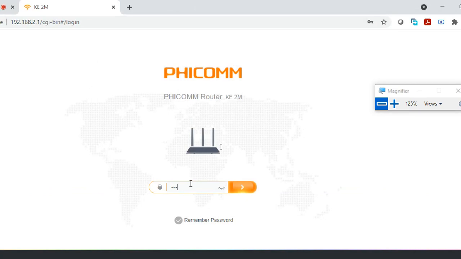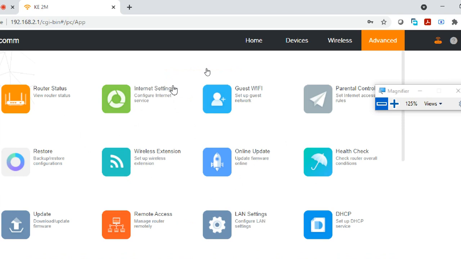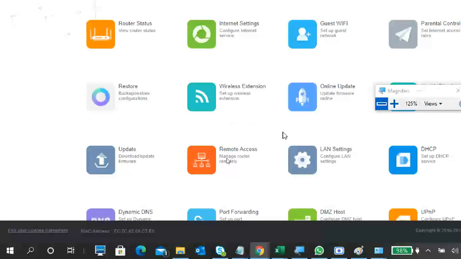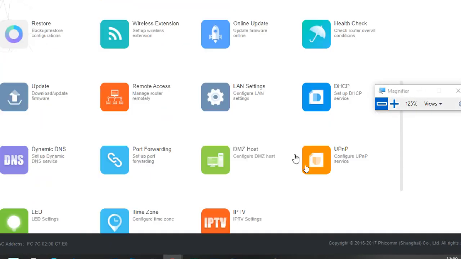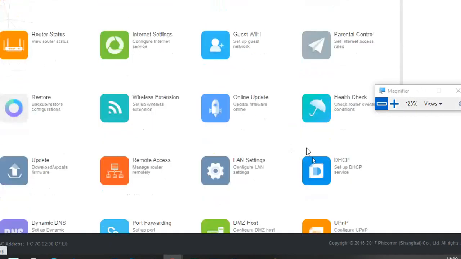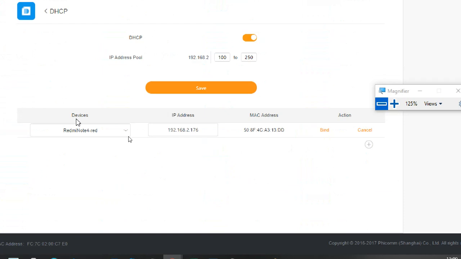I have to check how to clear it, because not only these IP addresses, a lot of IP addresses are stored inside. The router is storing the IP addresses, whether connected or not connected. You can see this is a Redmi Note.